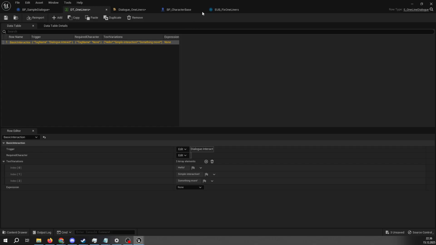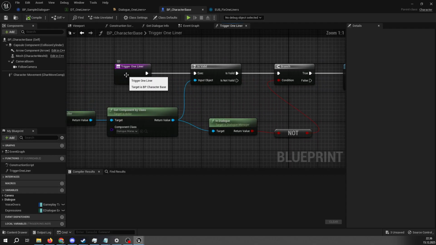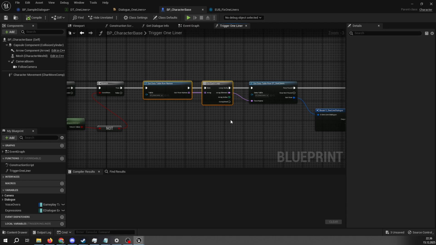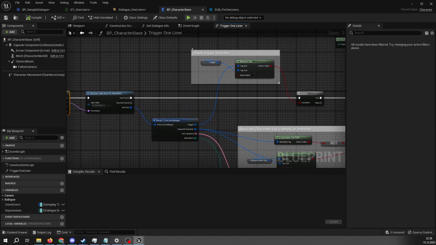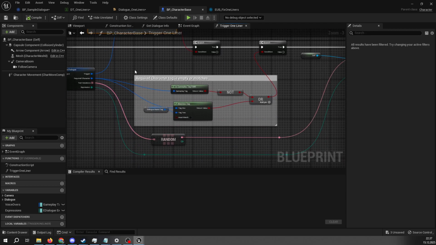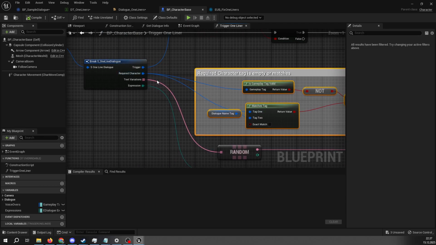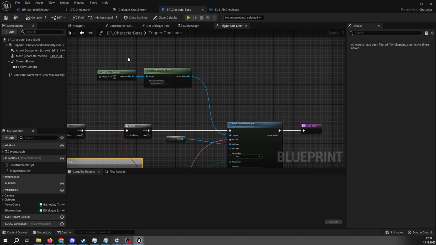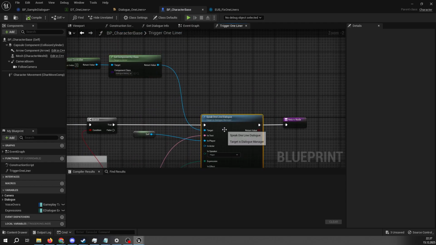So yeah, I have this data table that uses just a blueprint structure set up here, and then in the character base I have a trigger one-liner function with trigger gameplay tag as input. It goes through the data table and checks if the trigger in the data table row matches the function input trigger, and then if the character matches the required character in the data table row, and if it does, I trigger the speak one line dialog function on the dialog manager,